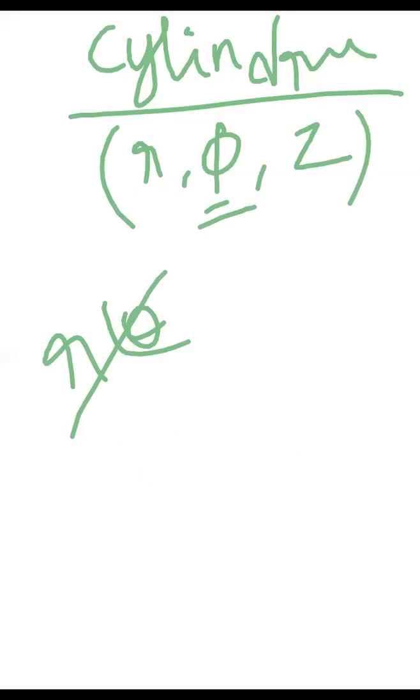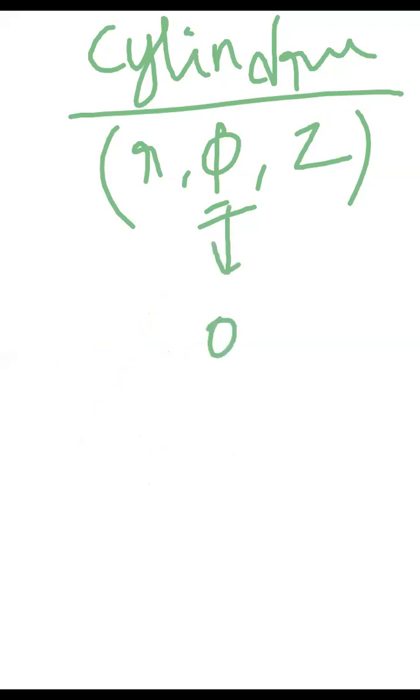Now the pi we have already used. That means this can be 0 to 2 pi. And r I have already used. R means what? The radial distance from the center point. Now let's see how to make that cylindrical shape and what we can do with that.